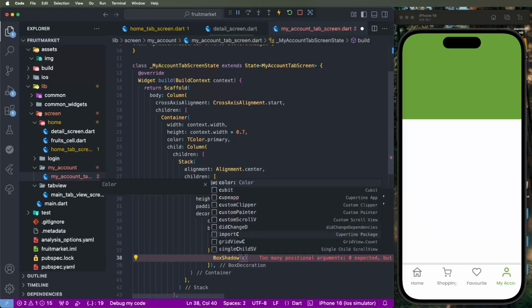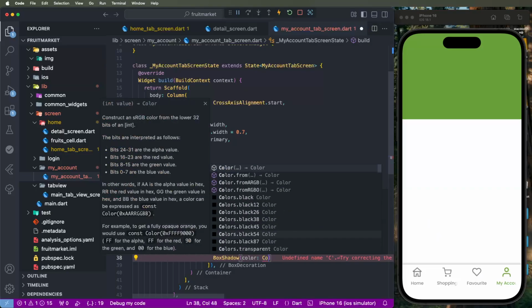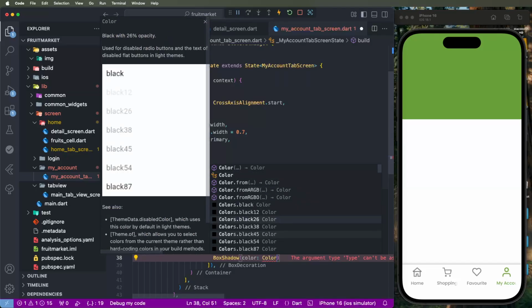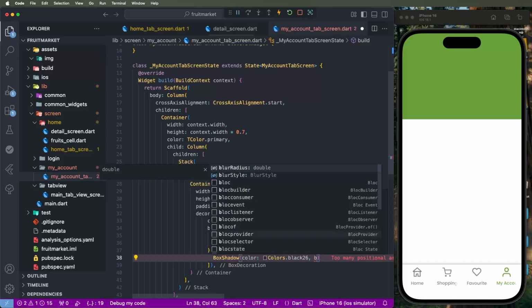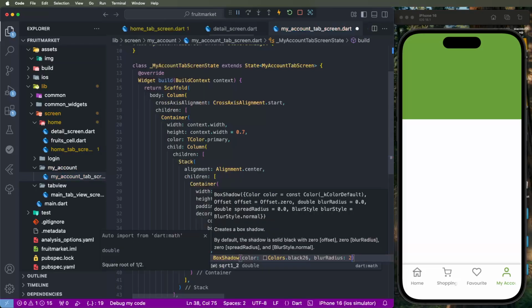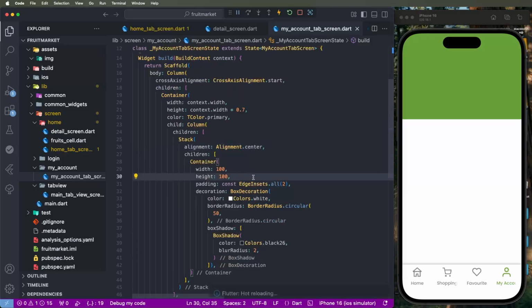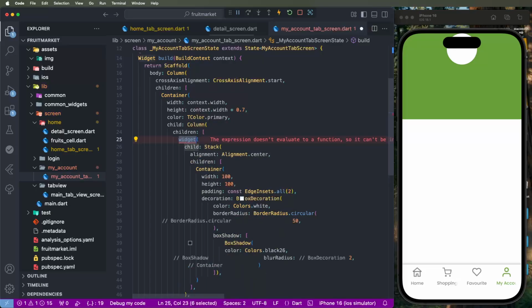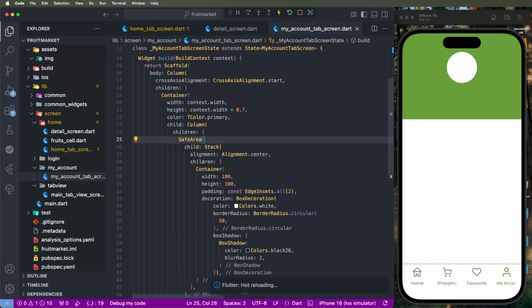box shadow. Set the color like 12 26, blur radius we need to set to 2, like we need to configure for this UI, and show like this. And we need to make sure we set the shape area, wrap with widgets, shape area, show like here,